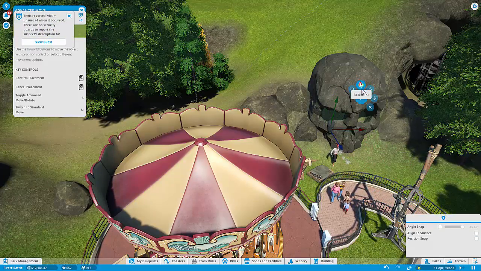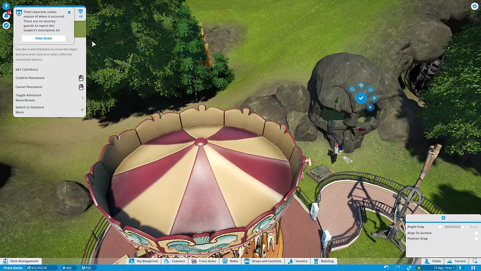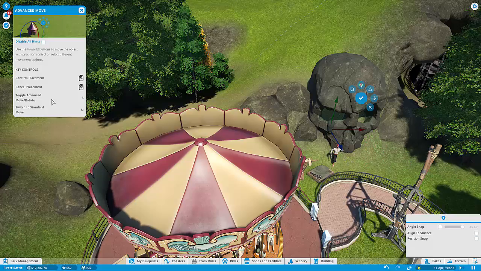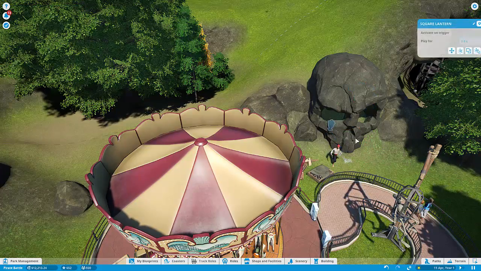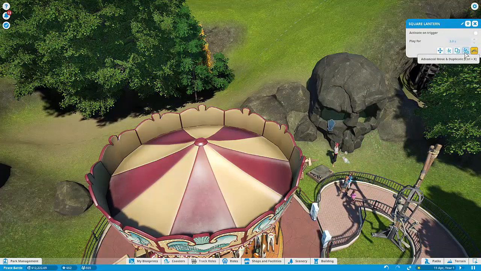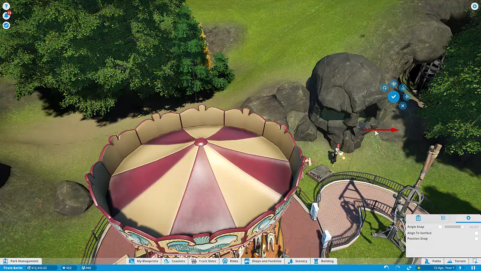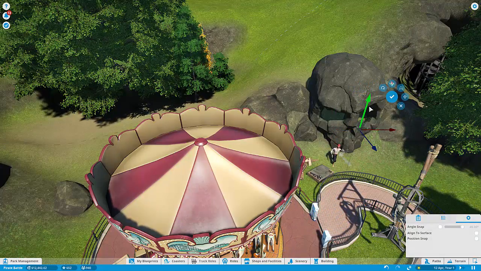Now there's a way to copy that, and I can't remember what it is. Oh, there's another theft there. We're going to have to sort that out. We really are. How do I copy it? Duplicate. Advanced move and duplicate. Good. Here we go. And then I can just shift one across like that. And then drop it just...